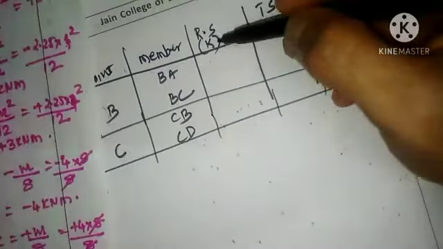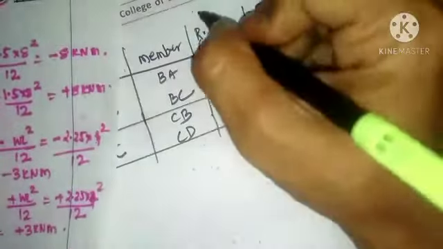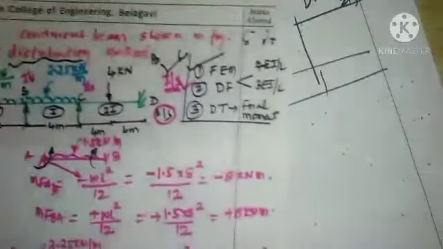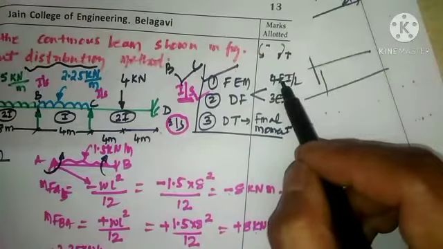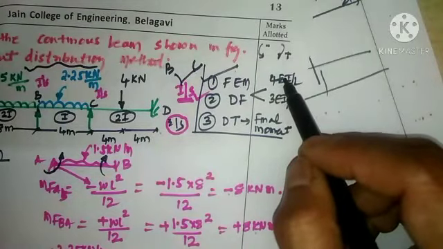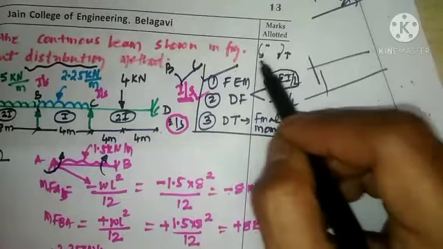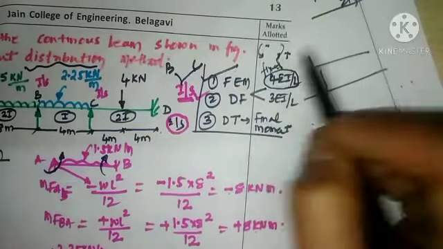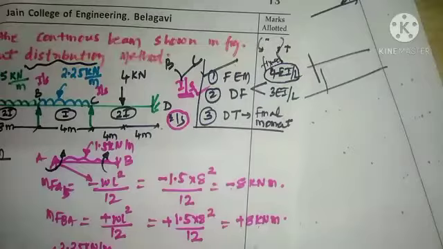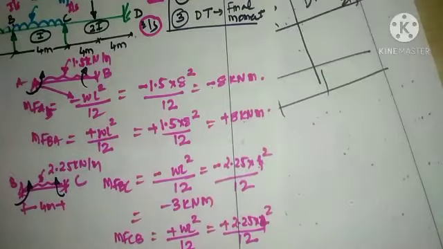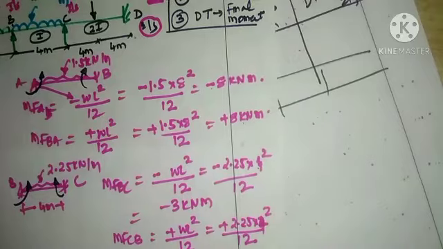Now when I write this, relative stiffness is all dependent upon the type of support. Please do remember, relative stiffness is totally dependent on the type of the support. As mentioned earlier, there are two formulas. Either it will be 4EI by L or 3EI by L. 4EI by L will be used only if the support is fixed. For any other support apart from fixed, the formula to be adopted is 3EI by L.